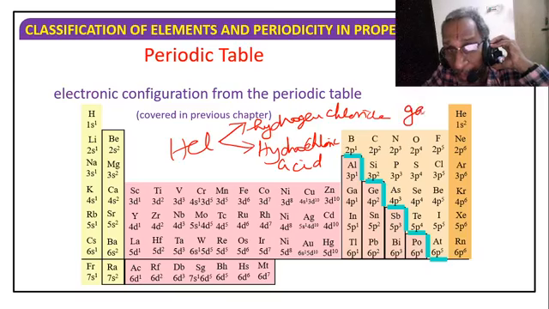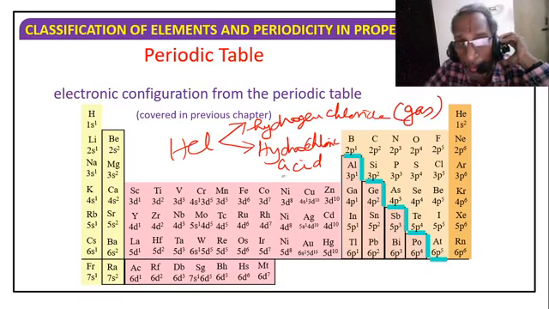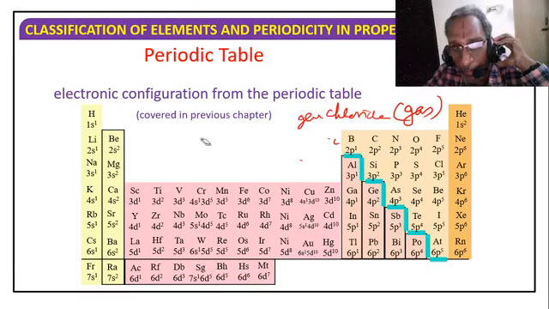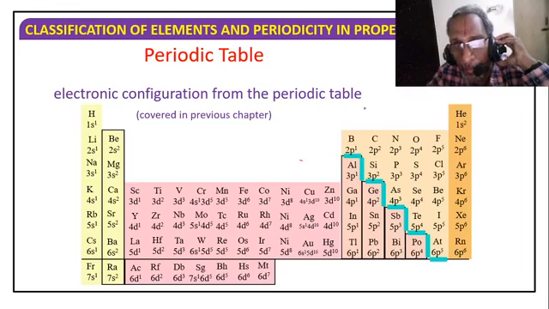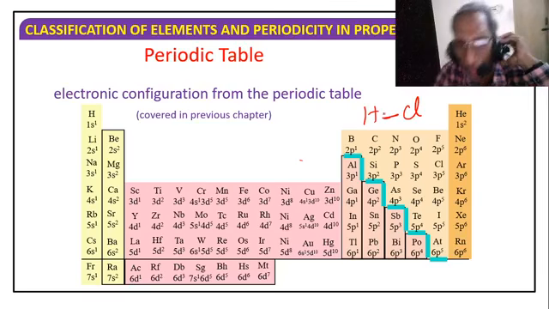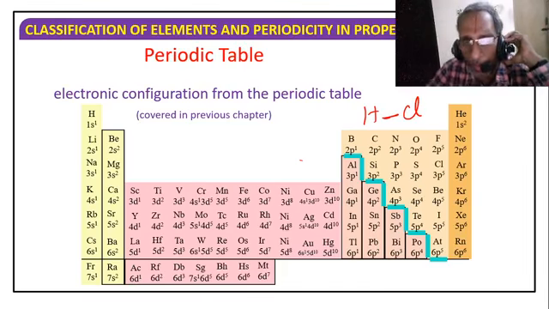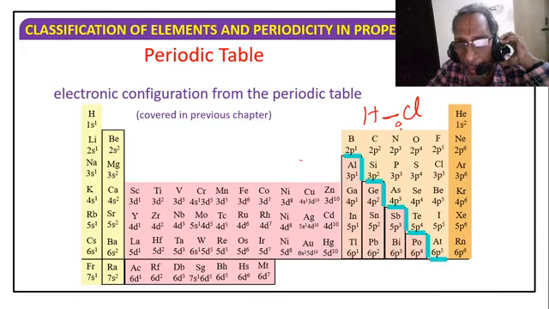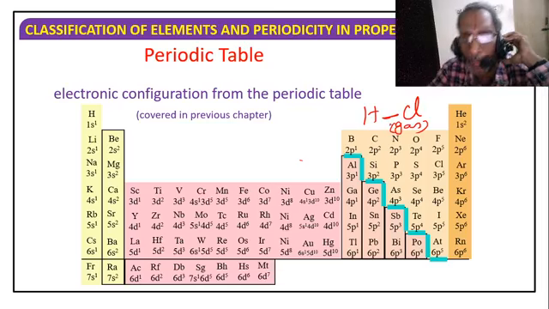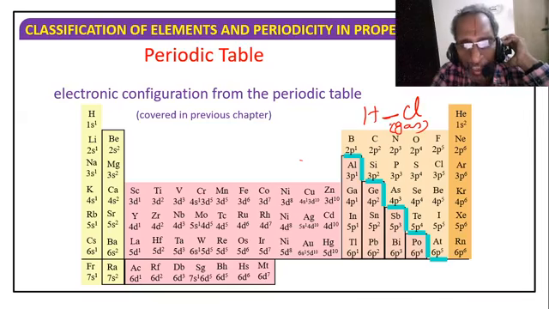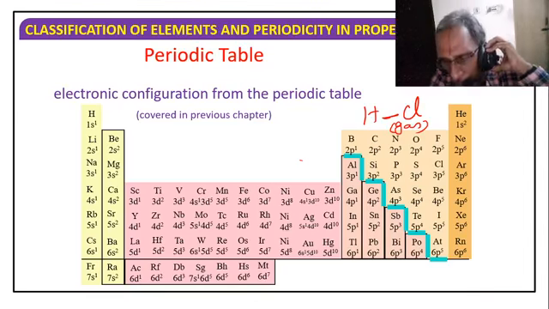Hydrogen chloride is a gas. But hydrochloric acid is a liquid. So one is different, another one is different. In HCl gas, the hydrogen atom and chlorine atom are linked by means of some linkage. This is hydrogen chloride gas. In HCl gas, the hydrogen atom and chlorine atom are connected by means of a linkage. You will see the nature of the linkage a bit later.